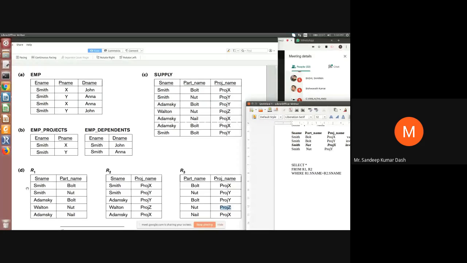Suppose R1 is having S name as SF name, that means the name is different, then natural join is not possible. Natural join has the mandatory condition that you have to have two columns of the same domain and same name. If the domain is the same but the column name is not the same, then you can apply equijoin. But if the column name and domain are also the same, then there is no need to mention it, it will automatically take it.